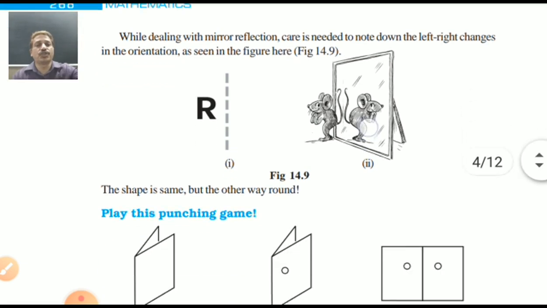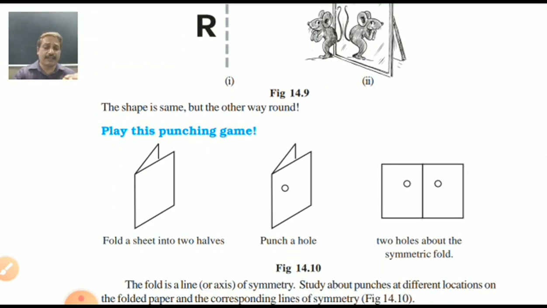Play some punching game. Let's see. Very good exercise you can do at home. Take a piece of paper, scrap paper. Not torn out of a notebook, a blank one. What is used or not important, word, paper. That's why scrap paper. And fold it and put, at any corner of the paper, one punch. Punch means a hole. Make a hole with a ball pen or the pen of a pair of compass.